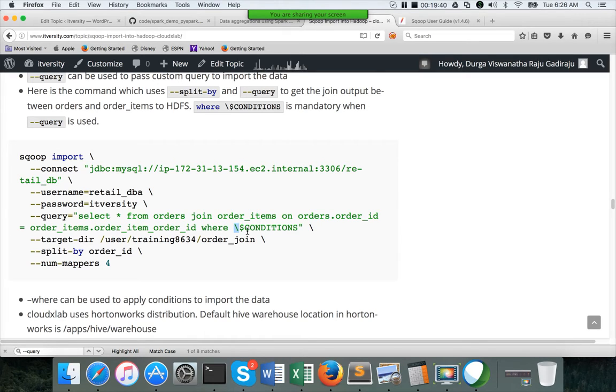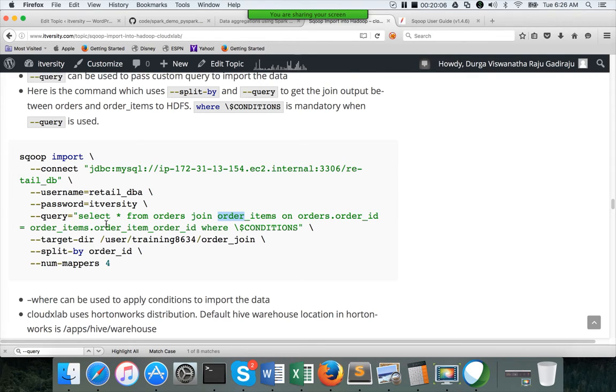Okay, and then, if you want to use more than one mapper, which means more than one parallel thread, when you use query, here we have two tables; in some other query we might have 3 tables. In one query we might have only one table, but the select query logic might be different.